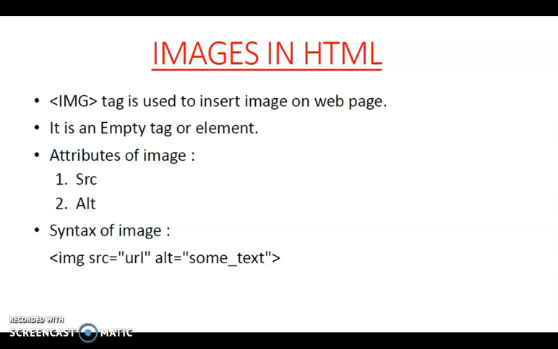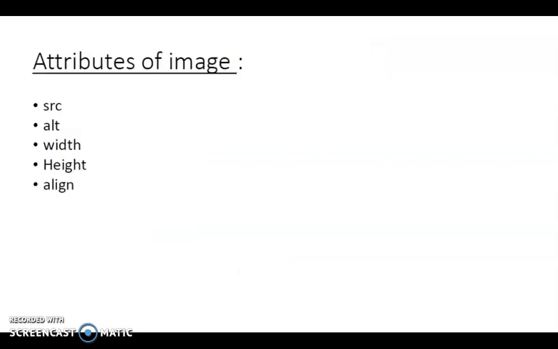Okay, these are the basic attributes of image. You can see the syntax of image. First you mention the image source having the location of image or URL, and then you mention the alt, that is your alternative text.